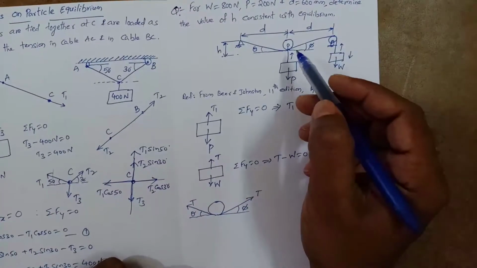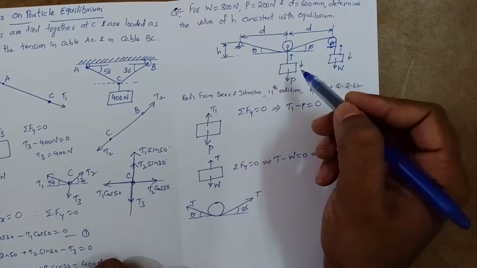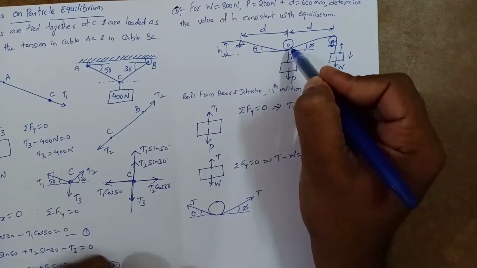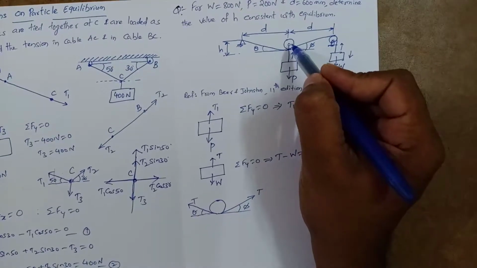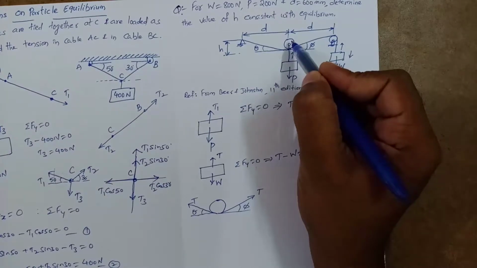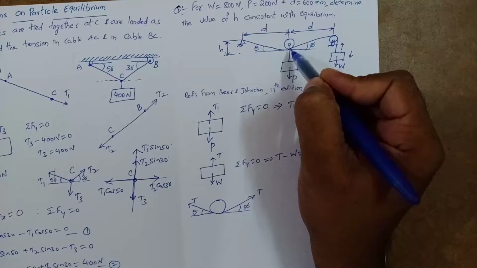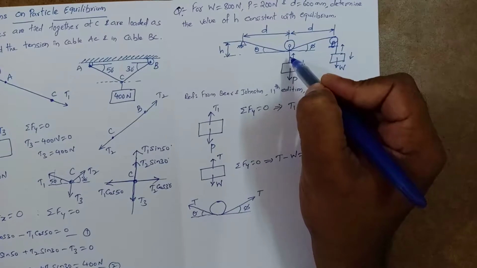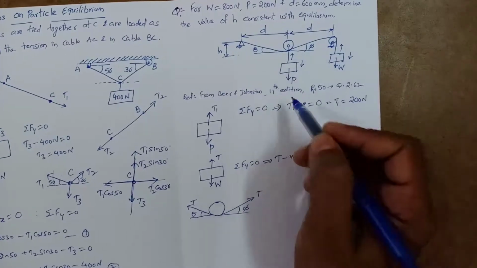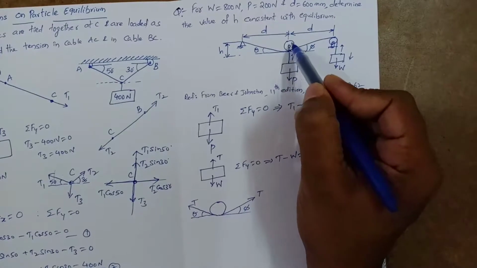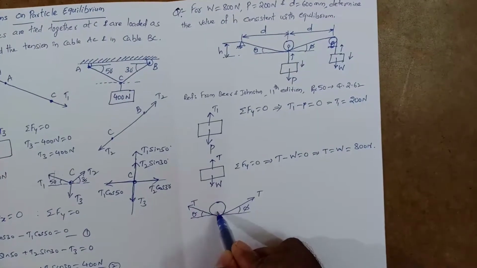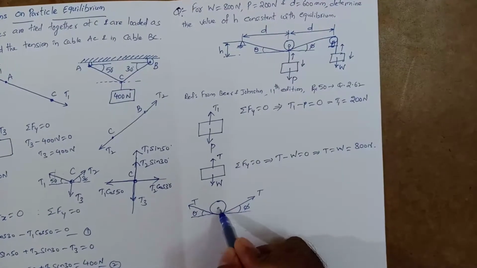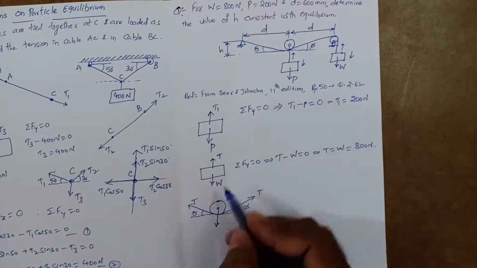Now here this pulley is in contact with this cable. So what happens here is this pulley will try to pull the cable in the upward direction. At the same time the cable will try to pull the pulley in the downward direction. Thereby the cable will be in tension. So for this to happen, the force exerted by this cable on the pulley must be in the downward direction. This cable will try to pull this pulley downward. So here this is, as we have already taken, T1.